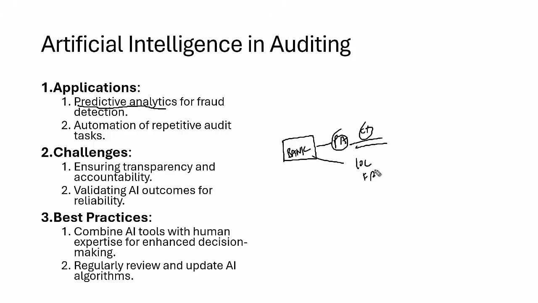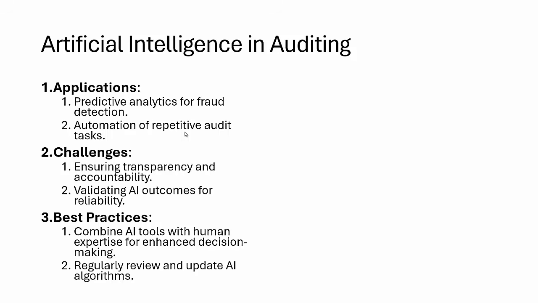So I think it's a common thing when you use credit cards and all that, sometimes you automatically receive calls. So nowadays we are using AI like that. So the transaction is either blocked automatically or requires manual verification. So this is how we are using AI in the audit. The biggest reason for using AI is to automate your standard tasks. I know this is step 1, this is step 2, this is step 3. So it can be automated. So with the help of AI, we can do that.